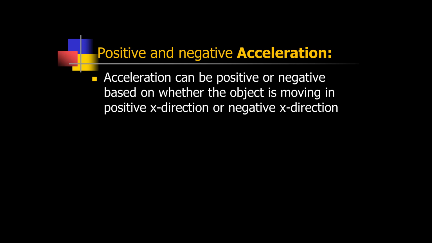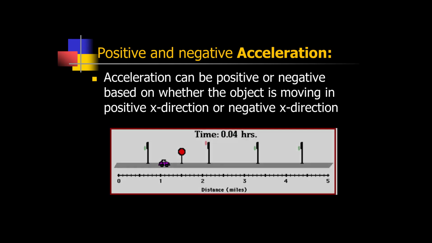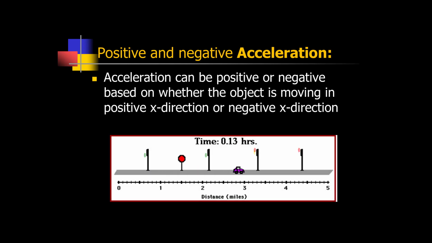Okay, so positive and negative direction is also affecting the acceleration. Up till now we have considered that if the speed of the body is increasing, its acceleration is positive. If the speed of the body is decreasing, its acceleration is negative. But this is not the case always. If the body is moving in positive direction and it is speeding up, then its acceleration is positive. If it is moving in negative direction and its speed is increasing, still it will be having a negative